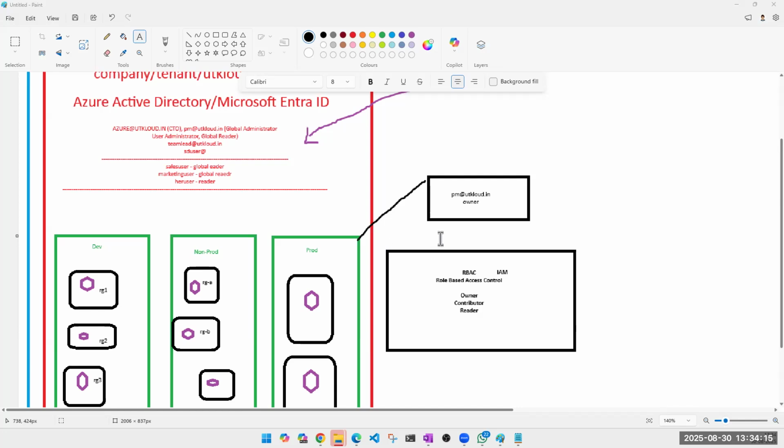What do you think? This PM user, can he access the non-prod and dev subscriptions also? No. Perfect. He can't. If they want to give access, they will have to come to this subscription and give access separately. Or there is a concept called management group where you can combine all subscriptions and give access to that. Nothing else, just combine all these subscriptions, not necessarily all three, you can add two also. If you have 10 subscriptions, you can create multiple groups also. But this is called a management group.